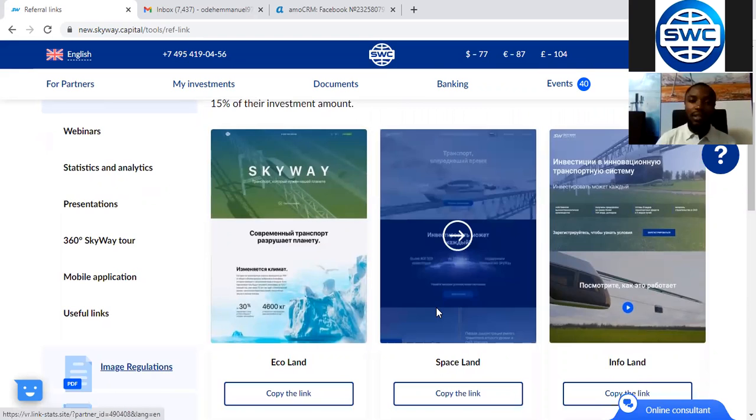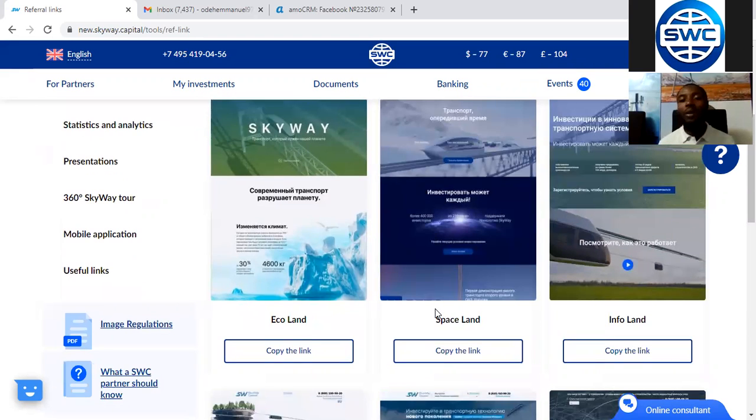You can send them if you're discussing how eco-friendly the transport technology can be, in terms of an electrically driven vehicle, and how it eradicates pollution, the carbon monoxide coming out from vehicles moving along the roads today. If you want to tell them you have a solution to the current issue of pollution in transportation, all you need to do is copy the link and send it to your prospect.